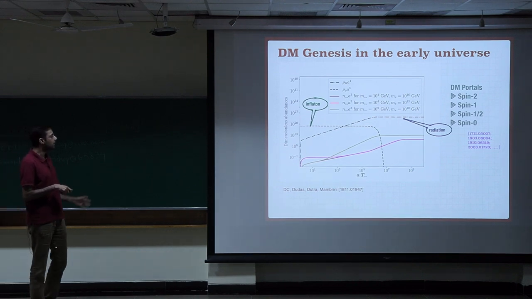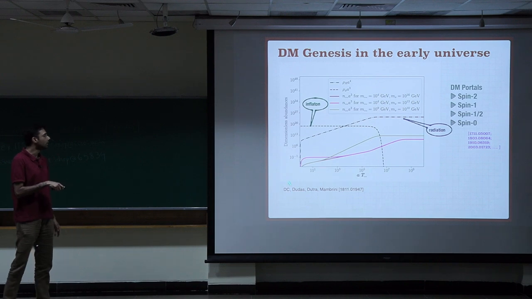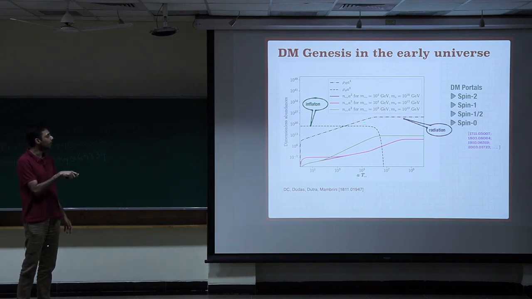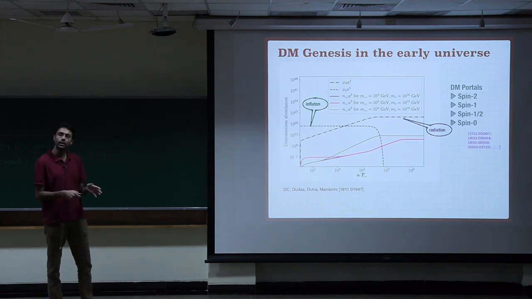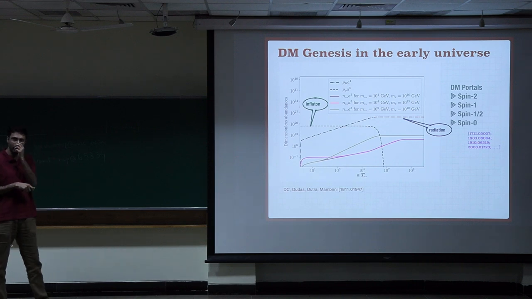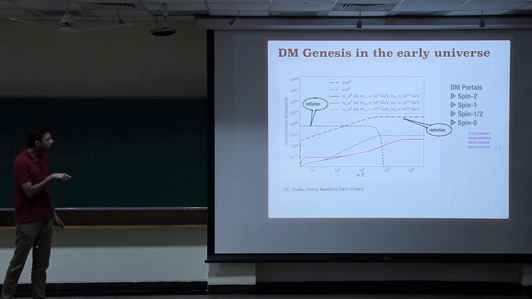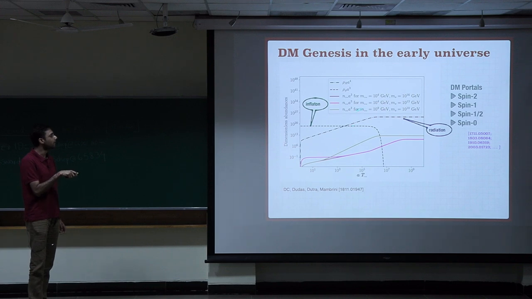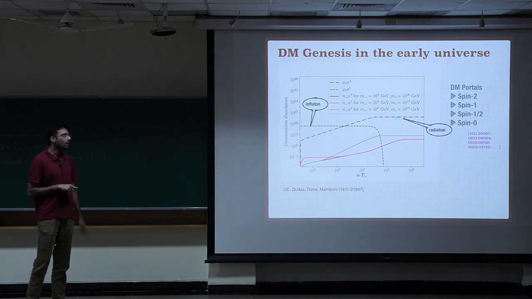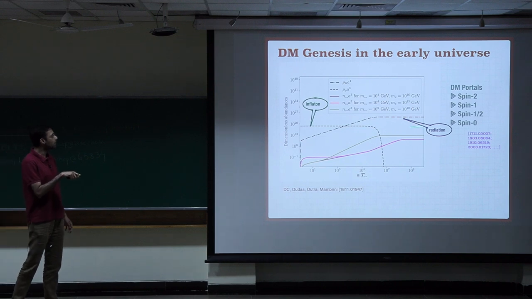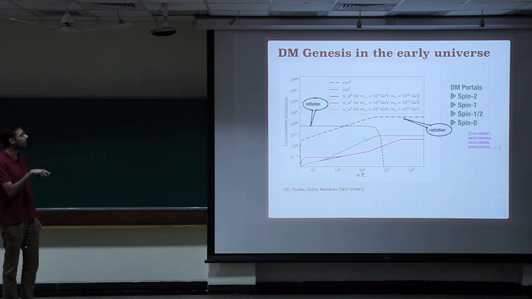As you can see, at the end of the inflation, which is somewhere here, this is the inflaton energy density in some units. Around the time when the inflaton decays, because it has to decay so that the universe enters a radiation dominated era, the inflaton density decays and the radiation density increases. And as you can see, from around 10 to the power 3 onwards, the universe is in a radiation dominated era.